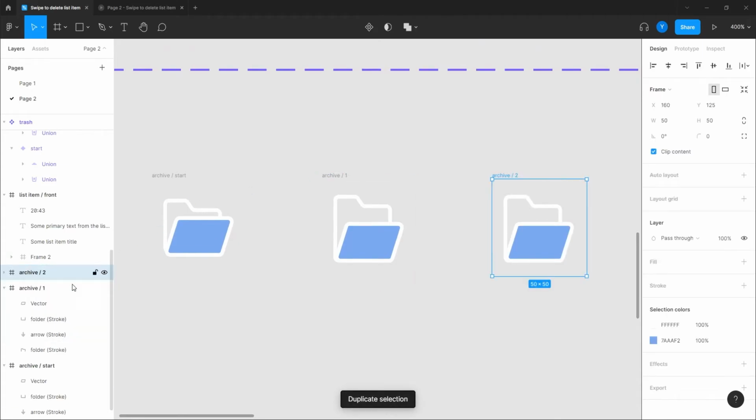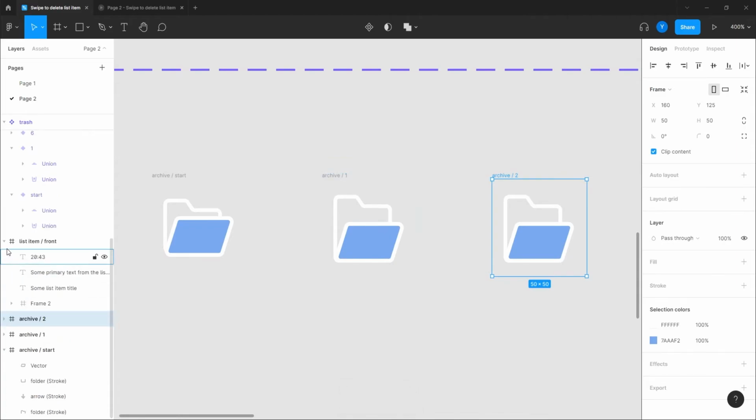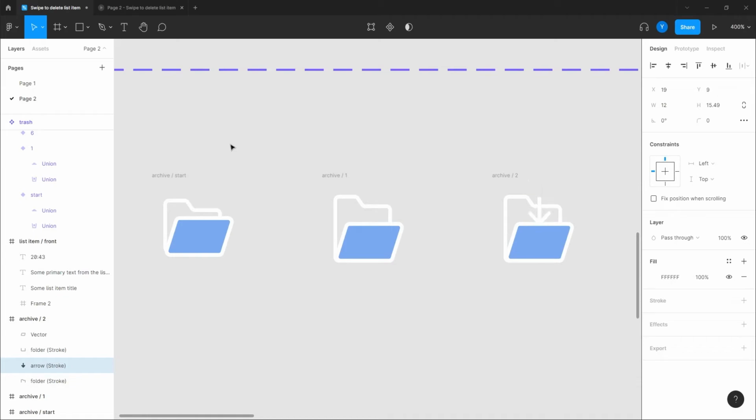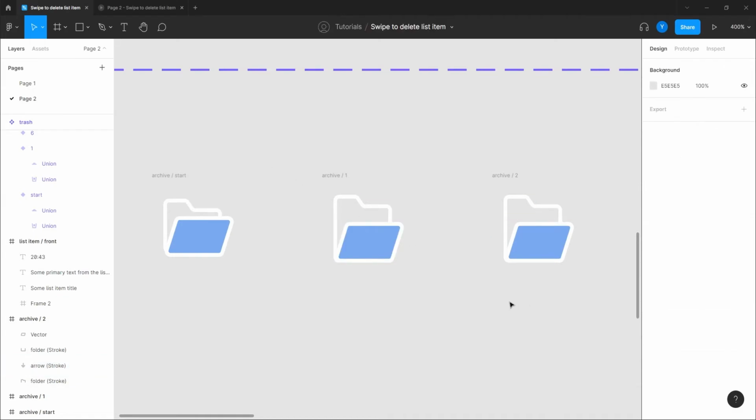Duplicating this one, and now I want the arrow going down to here. So this is the way that the arrow animates.